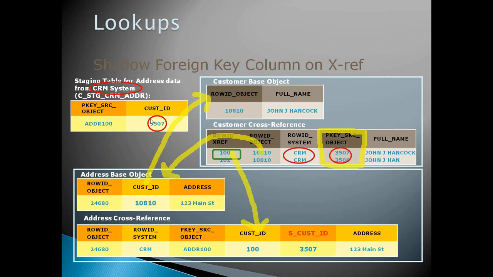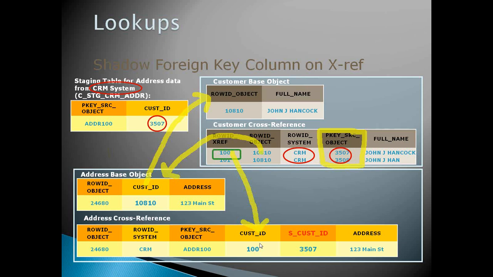So when the lookup finds the record, it gets the row ID for this record it found. It knows what the row ID object is based on this combination, and it will copy it at the child level. And similarly, row ID xref is there. Row ID xref is a unique column which is there in the cross reference table. So that is copied at the cross reference level.